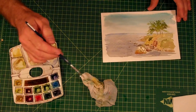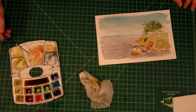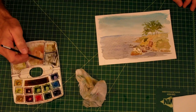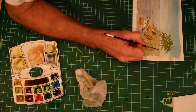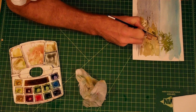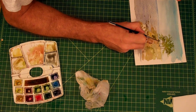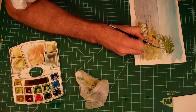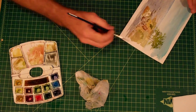Alright, I'm going to give a little bit of shadow to these trees. And let's see, how am I going to do that? I want a brownish shadow. That's not bad. That's a nice warm gray right there. So where do I want to put my shadows for these? Let's see. It's going to kind of come this way a little bit, I guess. So that's going to be on the top of these rocks. That might be a little bit too dark. There we go. I can take a lot of that off with the... I'll just keep dabbing my brush, making it a little drier. All of a sudden I've got a little bit of shadow on there. I'm going to put a little shadow on the...